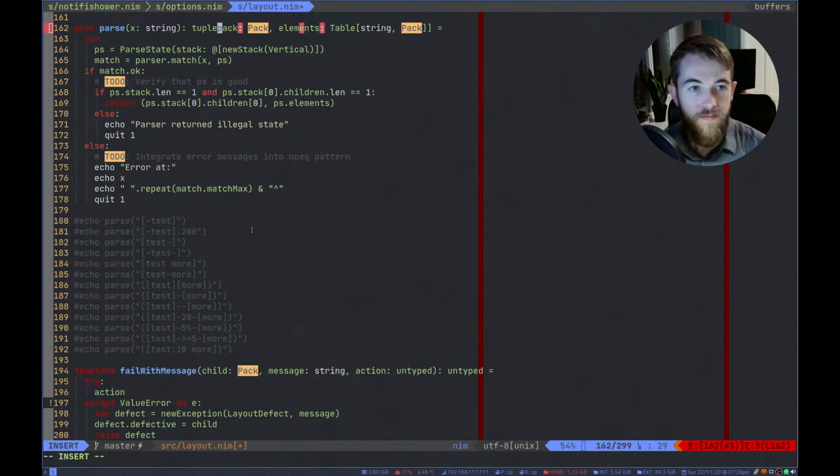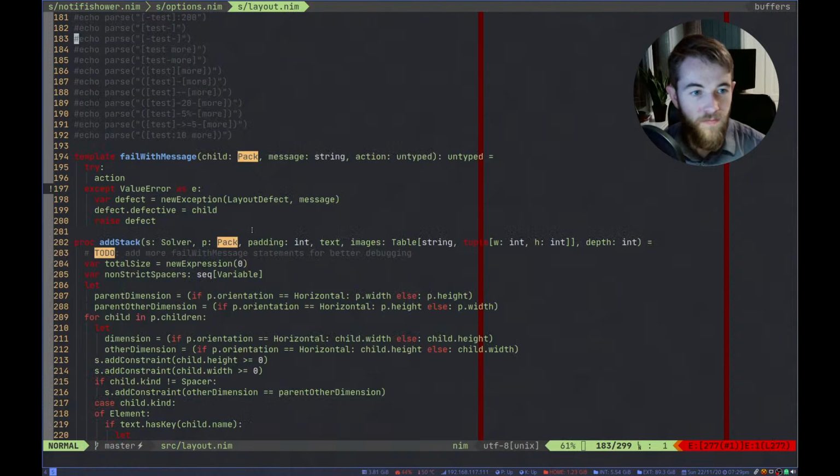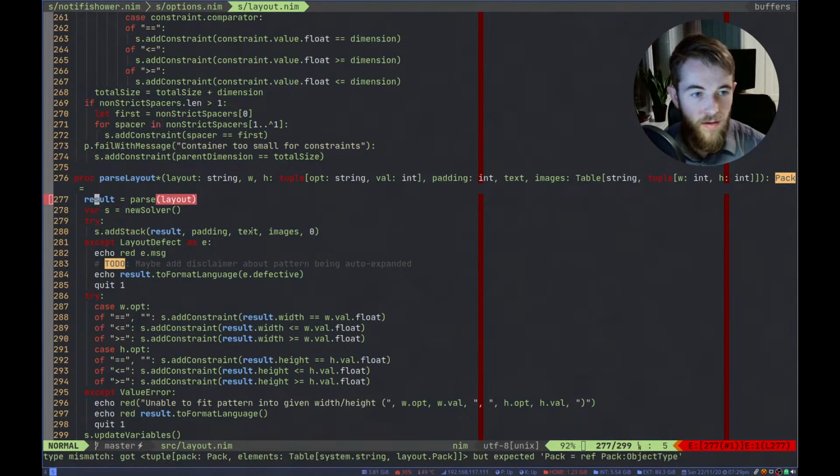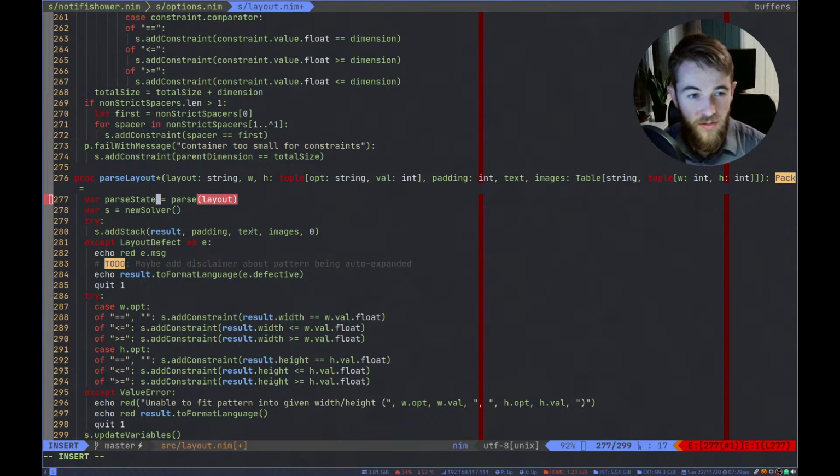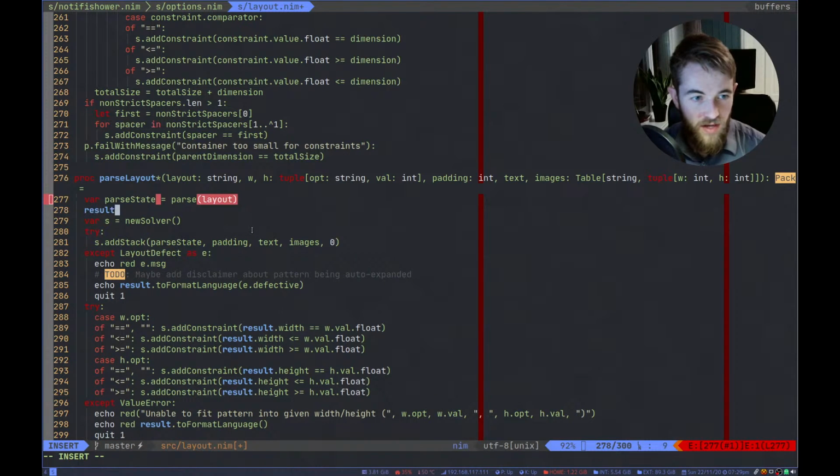So tuple, that should work. There we go. And yeah, the result of parse layout is now the parse state, so pass in parse state here. And I'm going to set result to be parse state.pack.